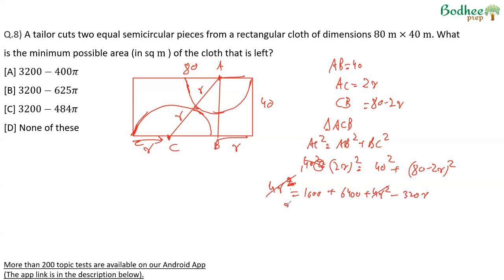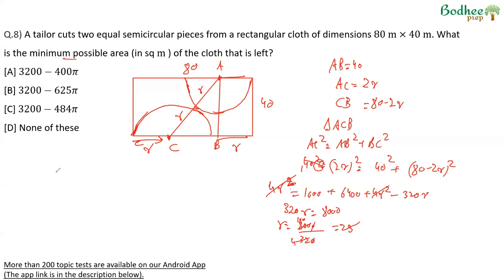4R square cancels. 320R comes out to 8000. R is equal to 8000 upon 320. Zero cancels, 800 by 4, which is 25. So the radius of the circle comes out to 25, and therefore the minimum possible area of the cloth left will be